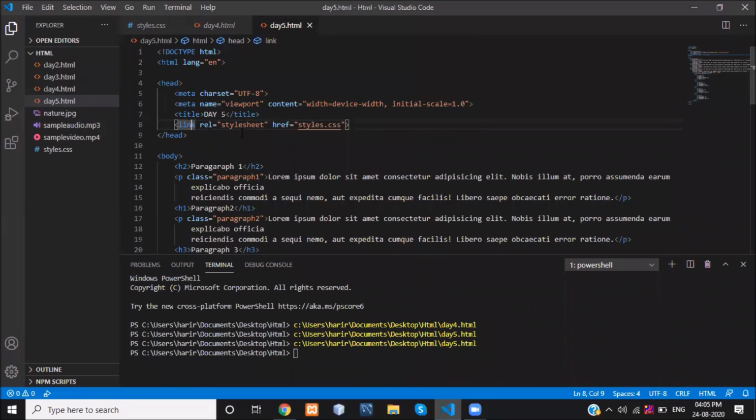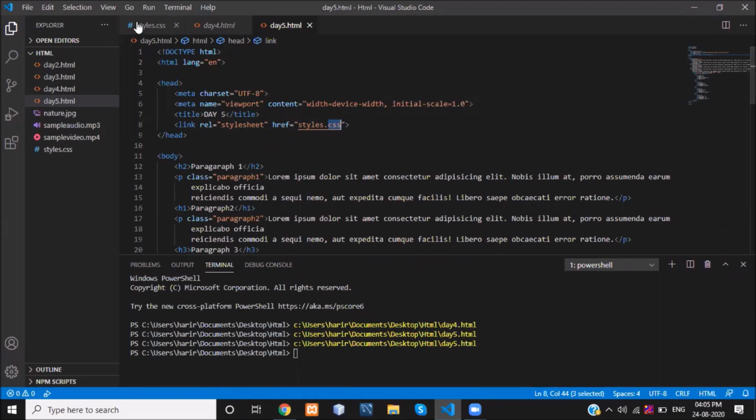I am giving stylesheet. This is my relationship. Href. Href is nothing but hypertext reference. What is the reference for this? In this reference, I am going to give the file name of this CSS. This is all about adding the CSS file and linking it to the HTML file.